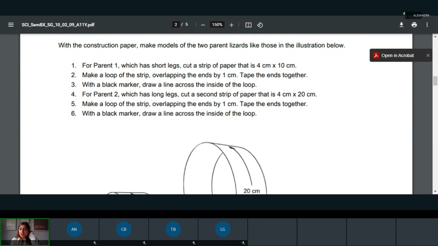Once you've drawn your line, then you're going to take your ruler again and you are going to measure 4 centimeters within the paper starting at that line, right? So for example,